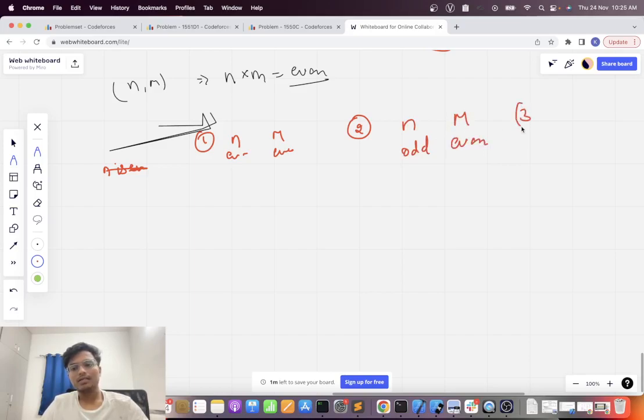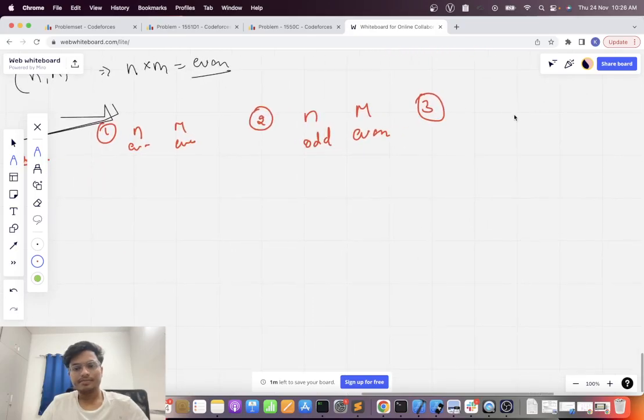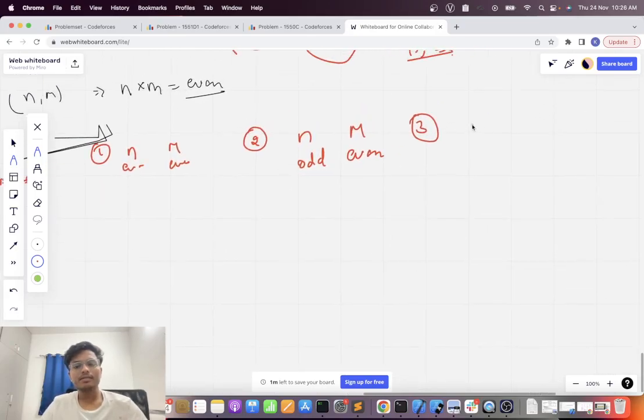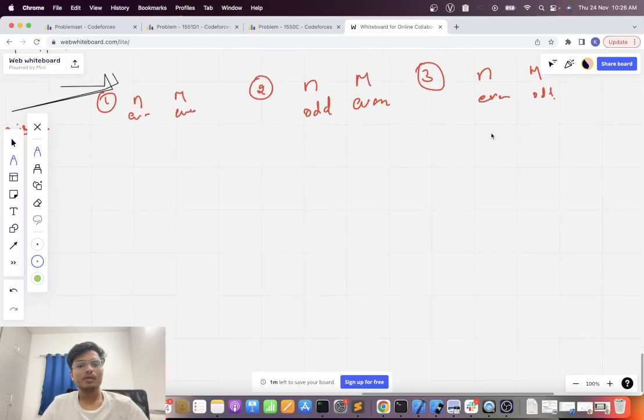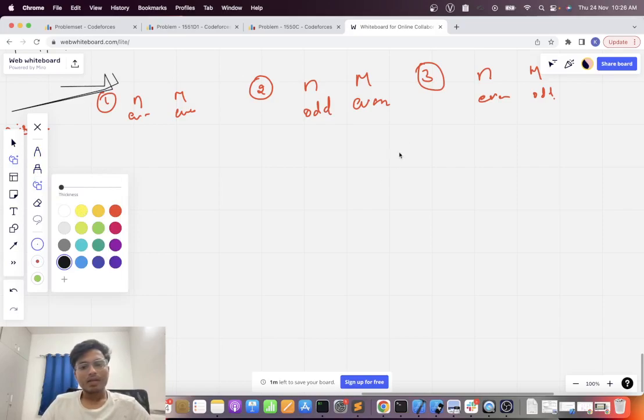Third case, n is even and m is odd. So these are the three cases possible according to n and m. Okay, now I'm just starting from the third case. I need to figure out what is,